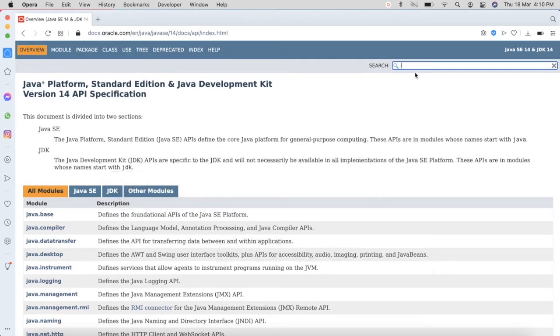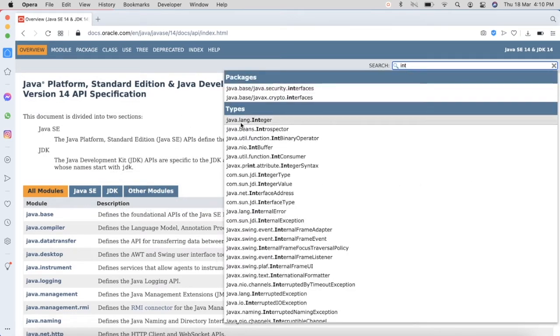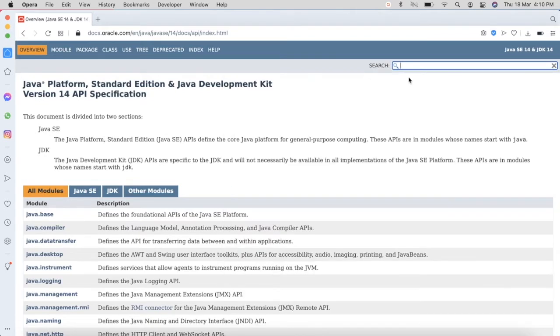I can search for anything here. Supposing I want to search about int, so I can say java.lang. I can search in the search bar menu. Supposing I want to know about this method of strings, that is our method .length.